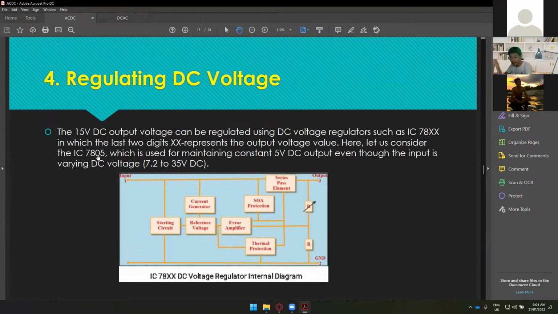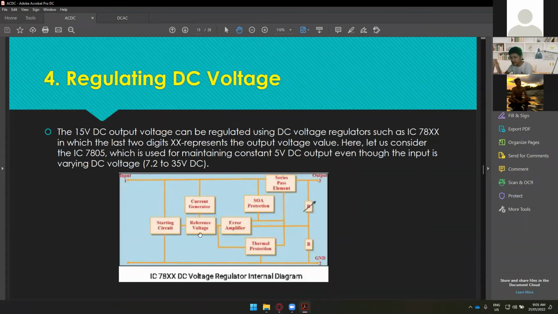So we need a 5-volt output, which is used for maintaining a constant 5-volt DC output, even though the input is a varying DC voltage, let's say from 7.2 to 35 volts DC. As you can see, we have here a pulsating DC. It keeps on changing from 7.2 to 35, 7.2 to 35, and so on. And then you just need a pure DC. So you have to use